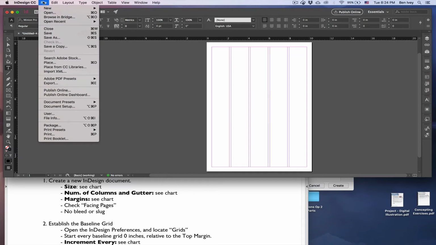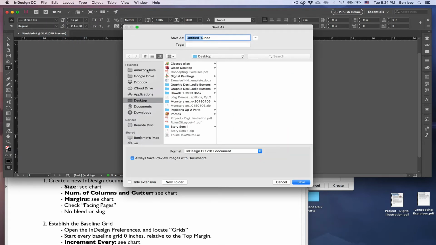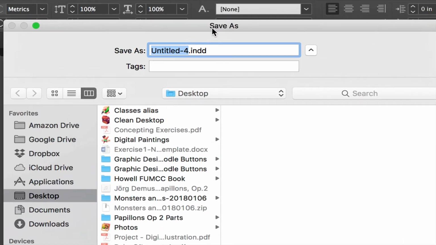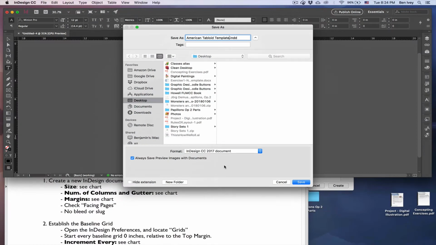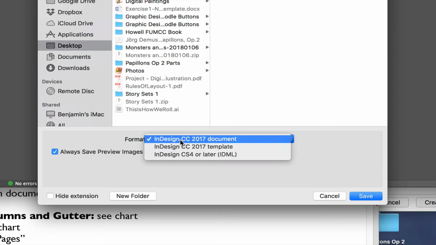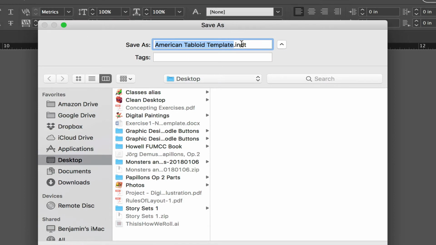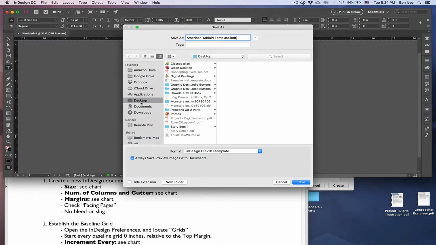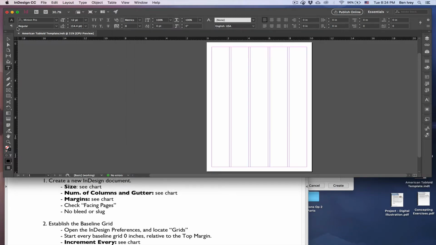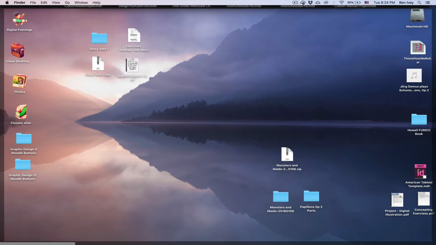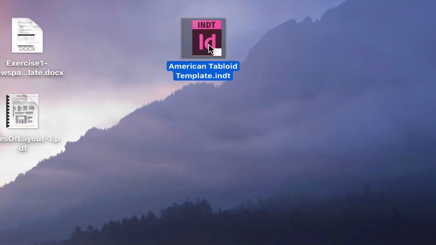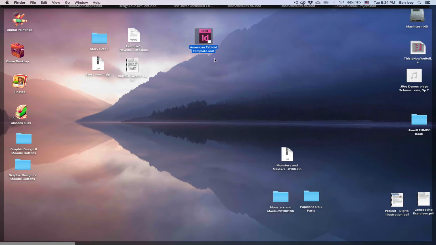Once we're done with this part, let's save it as an InDesign template. So I'm going to go to File and Save As. We'll give it the name of American Tabloid Template. And the most important part is to change your format from an InDesign document to an InDesign template. Yours should have an INDT as its file extension. I'm going to save this one to my desktop so I can quickly find it. We'll hit Save. Now I can close it out. And if I look on my desktop, you can see here's the INDT file for the American Tabloid. Let's do the same thing for the